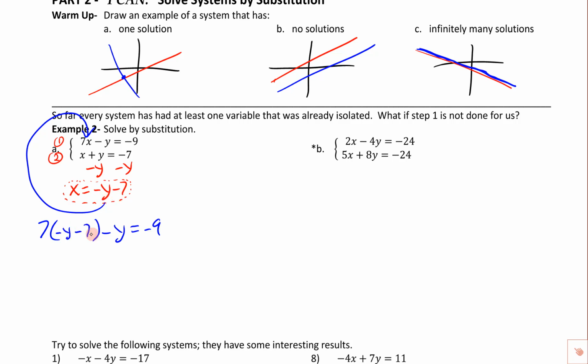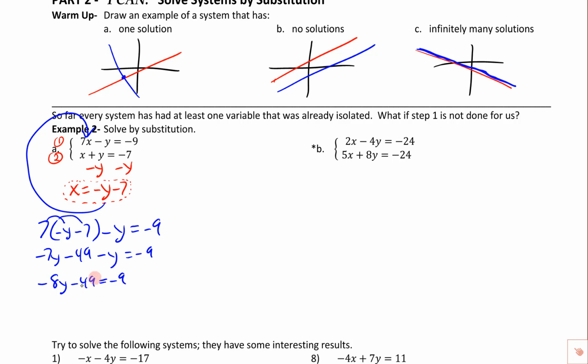So -y minus 7. Now, again, we've got a more complicated equation here than either one of these, but at least it has one variable and we can solve that. So let's go ahead and distribute. So this is -7y. This is -49. This would be -y, and over here we have a -9. So if we put the two of these together, we have -8y minus 49 equals